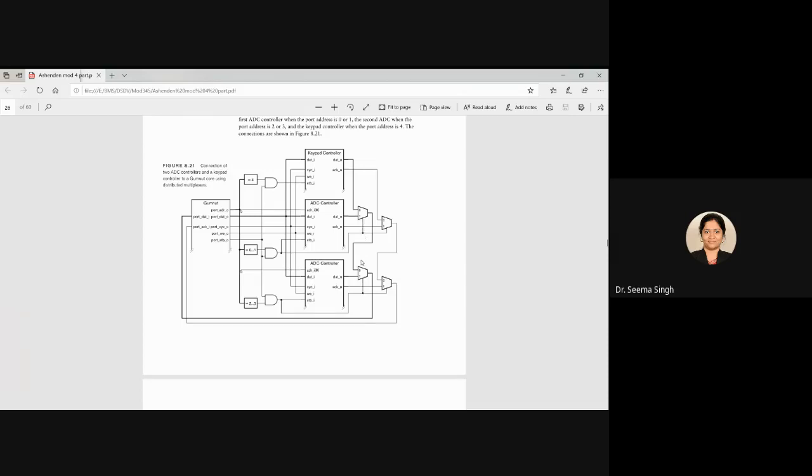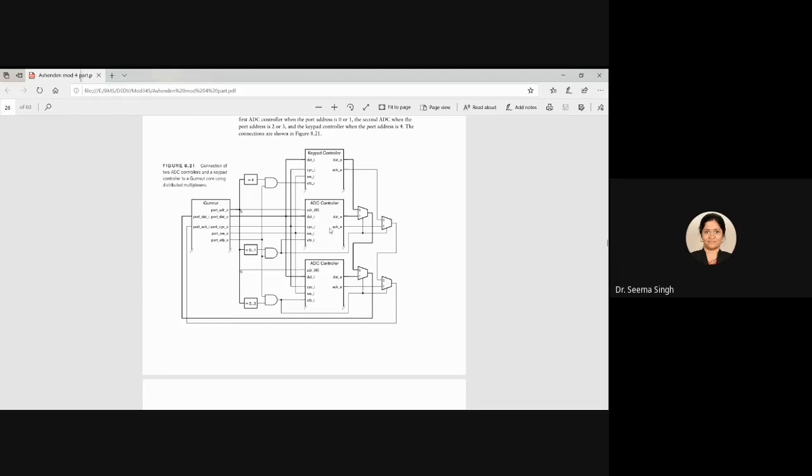You can check this. This mux is being controlled by this port address. If the port address is high for the second ADC controller, this goes to the connection here. High 1 here means 1 here, and the second data output will be passed on to this feedback of port data I. Now you imagine if it has selected this one.